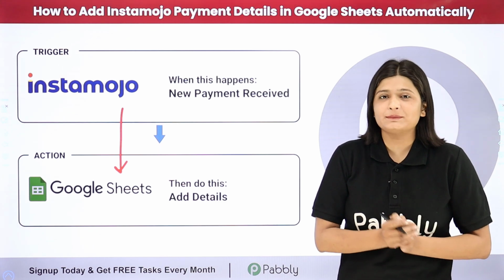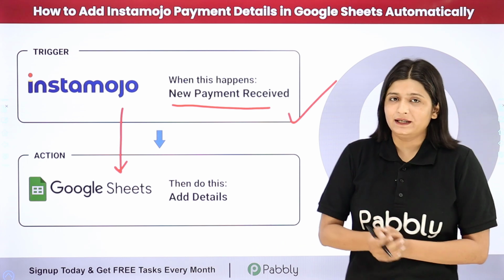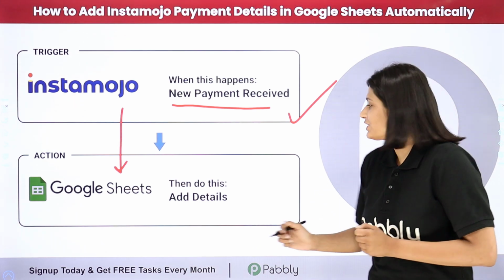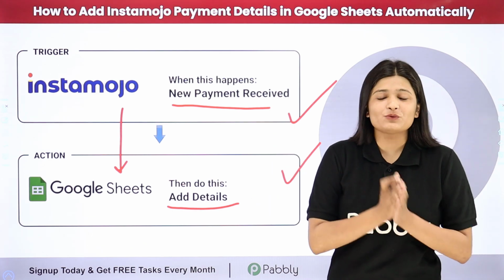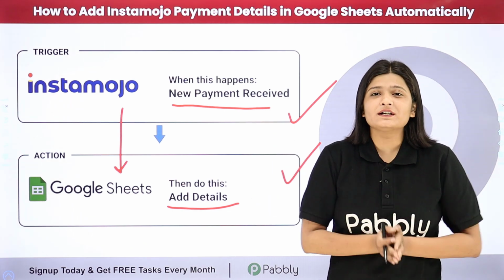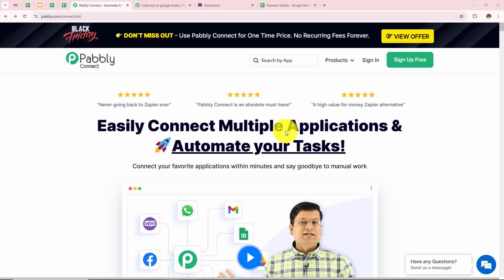Here as my trigger application, I am going to take Instamojo from where I will receive new payments, and then in my action application I am going to take Google Sheets where I am going to add all these details automatically. If you want to learn this amazing automation step by step, then let me take you all to my screen. So welcome to my screen, and today we are going to learn how to automatically add Instamojo payment details